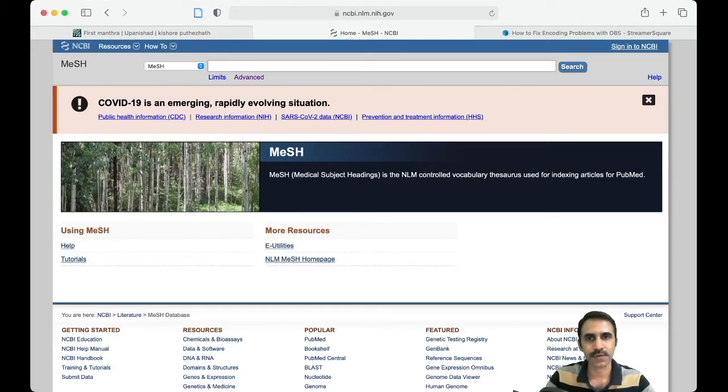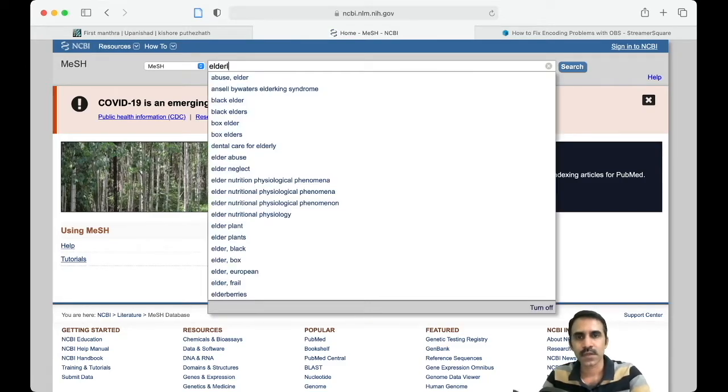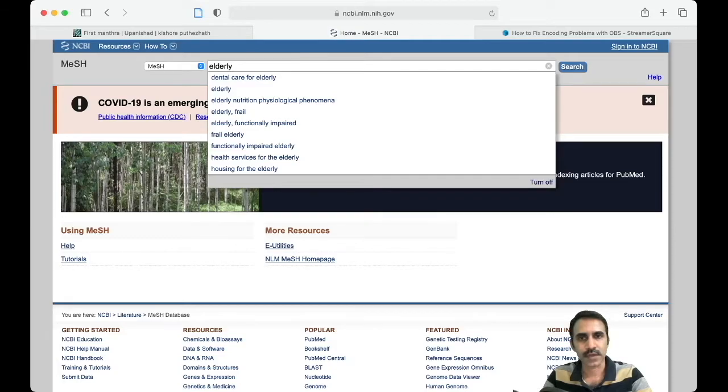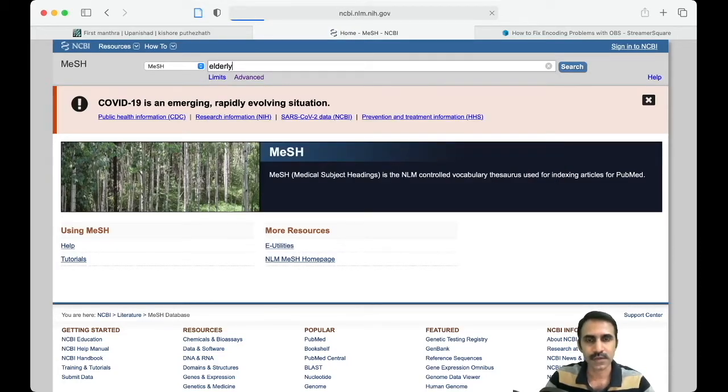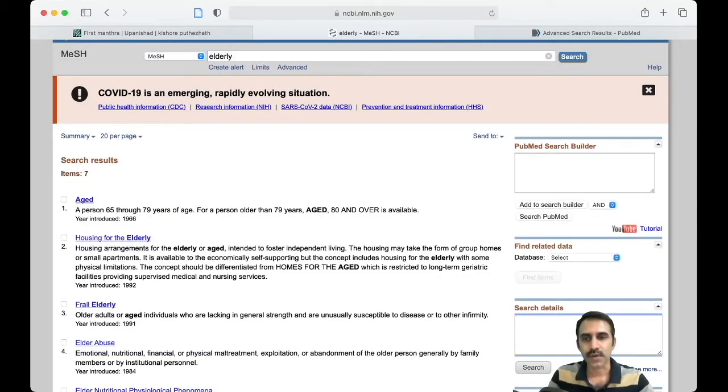For example, if you want to find out the MeSH term for elderly, type in the word elderly in the search field, and you will be directed to some search results. Aged is the MeSH term for elderly, and you can click on that and add it to the search builder.